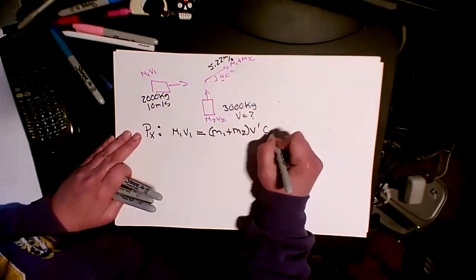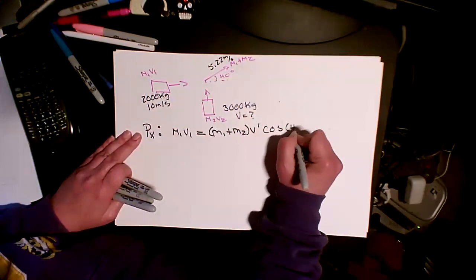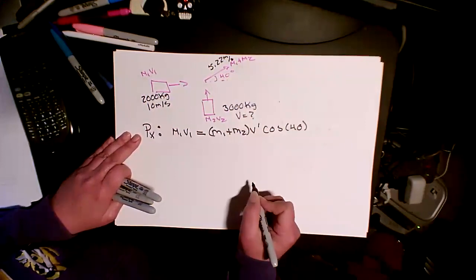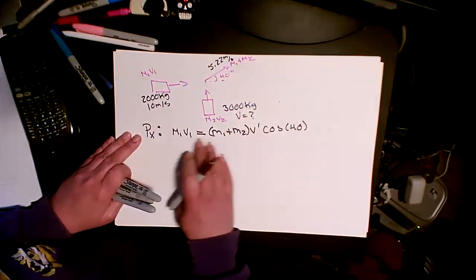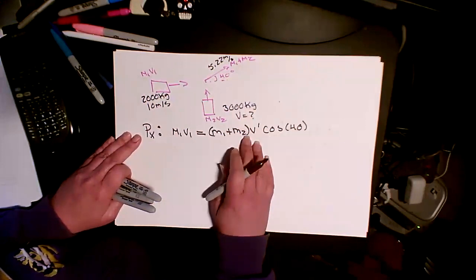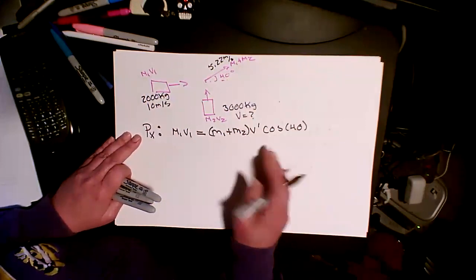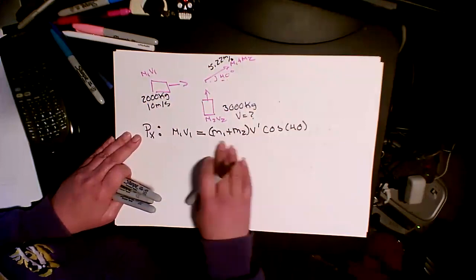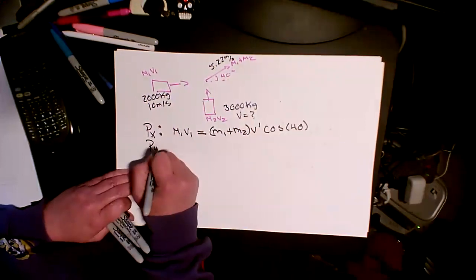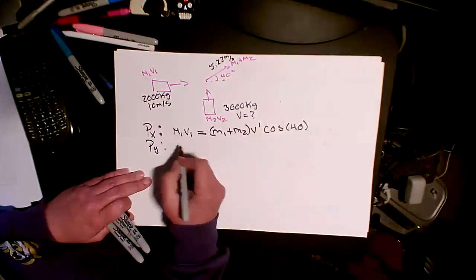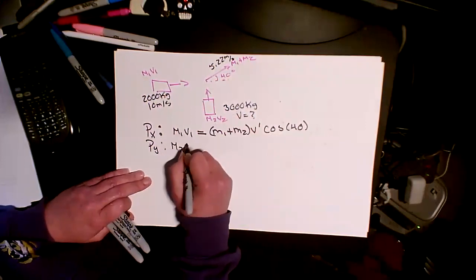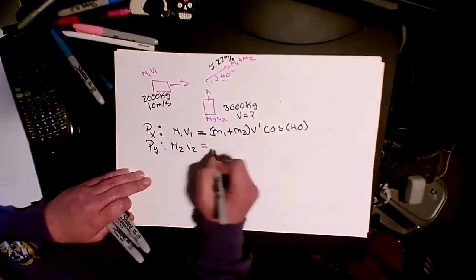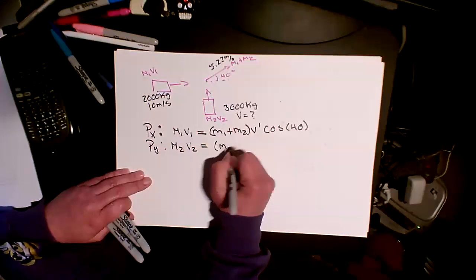So v prime cosine of 40. So I feel like I know this. So this gives me, everything I know. That's not helpful. So P in the y, I have mass 2, velocity 2 equals mass 1 plus